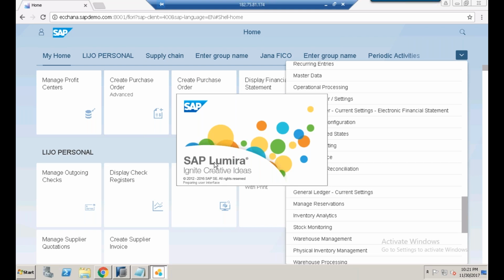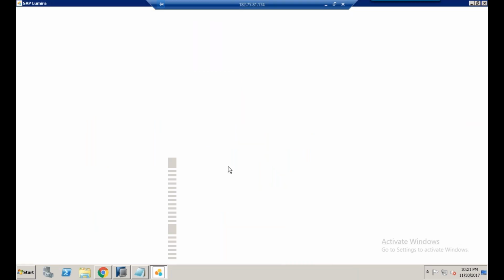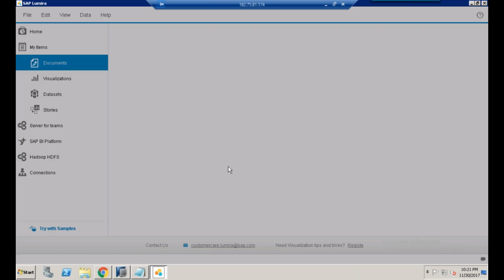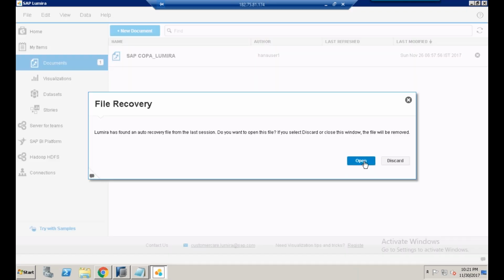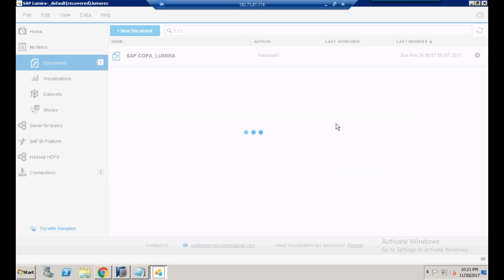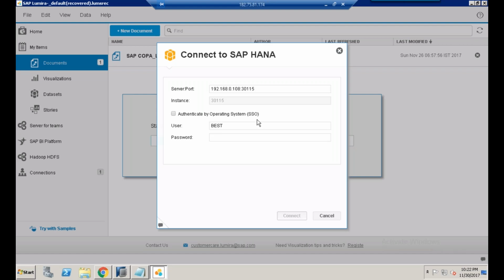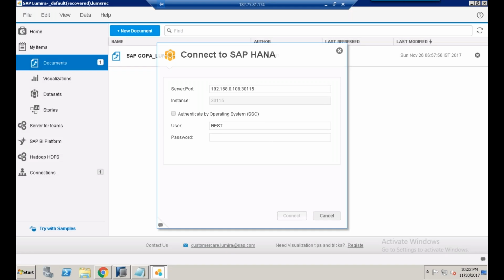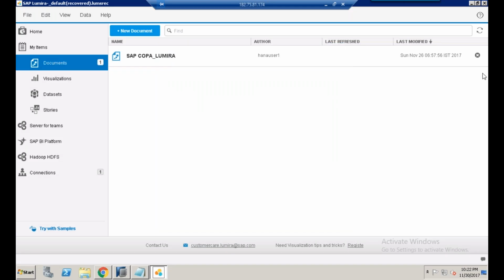So here we're starting the user interface for SAP Lumira.